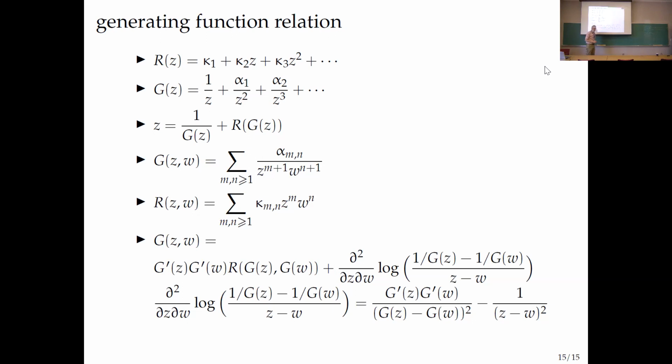Notice with this thing though, if you know the first order G, you just plug it into the right hand side. If you know R and you know the first order G, you get the second order G. But this one is different, right? Because you have to solve for G. So this equation is just an inverse of an analytic function, and this one doesn't require you to invert anything. And actually, I know there is another version which Gaetan showed me, and I'll put it on my slide tomorrow.